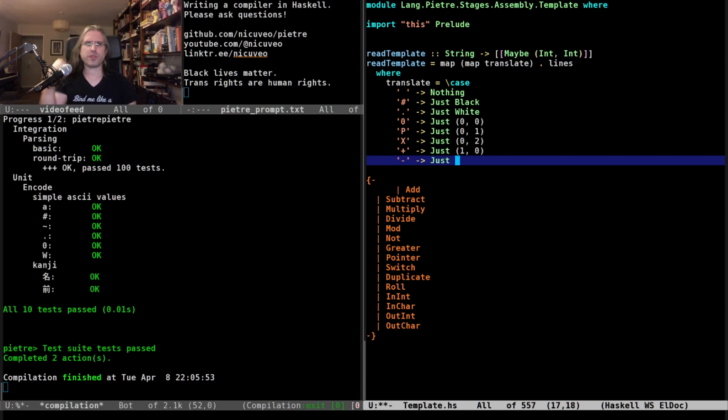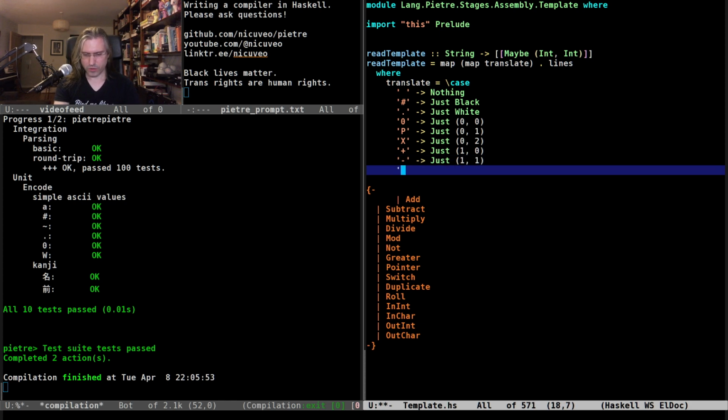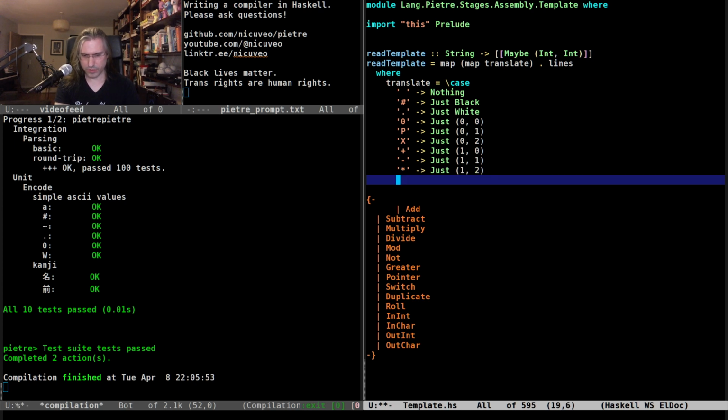The only thing that annoys me here is that I'm encoding a translation from instruction to offset a second time, which feels inelegant, but not the end of the world. Multiply is just 1, 2. Mod is going to be percent.